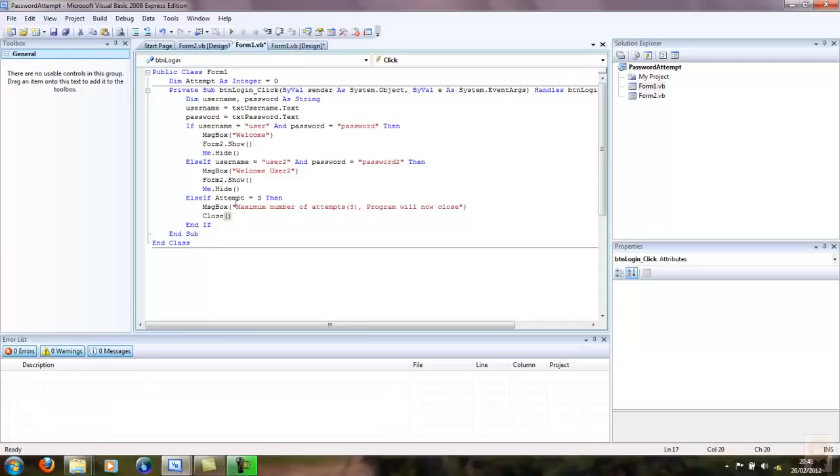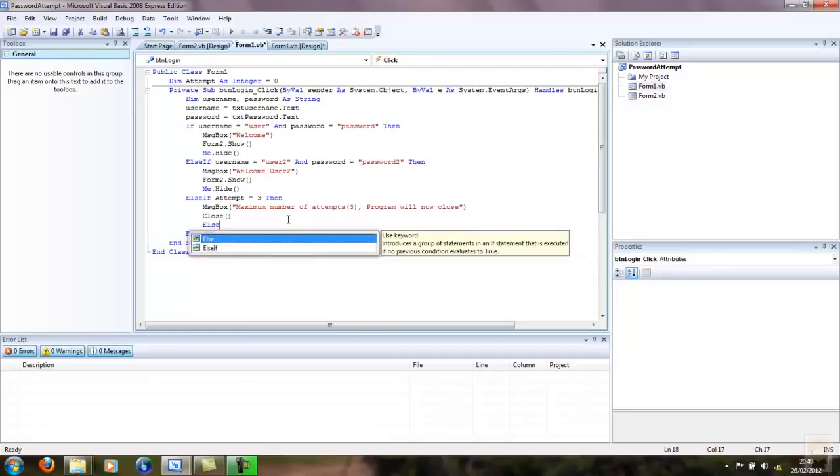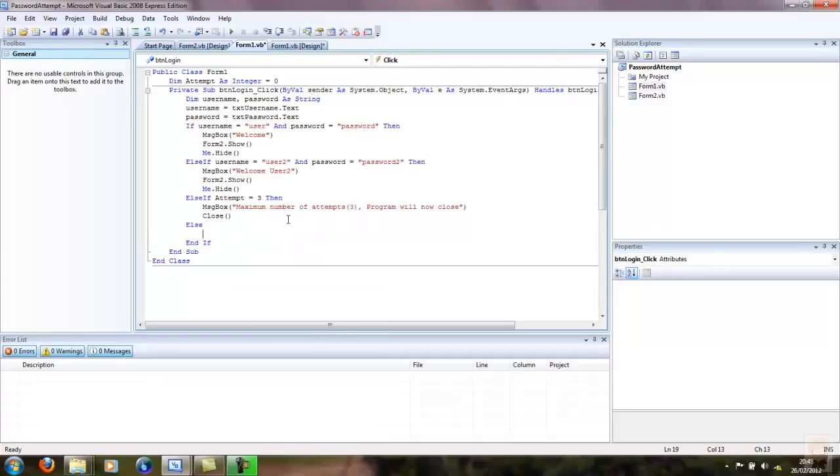Now you can see so far I've got an if and an else if for the people who've got it right. I've got a routine that handles it when it goes up to 3 attempts, but I've got nothing that actually increments it every time. So that's the last bit I'm going to do. So the final thing is else, message box,